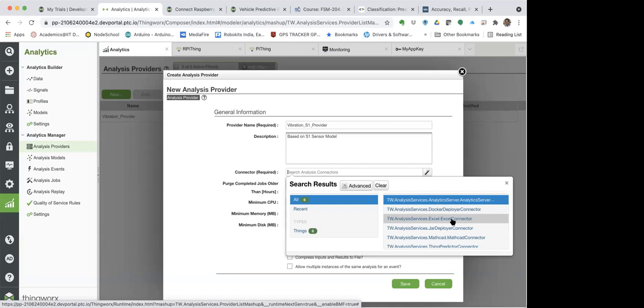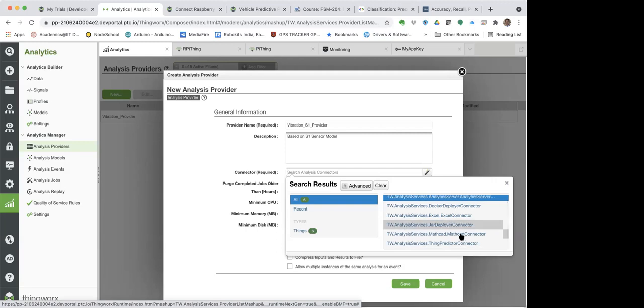You can use an Excel connector here to do some analysis in the Excel file. There's one for Java. You can have MathCAD here, and there's another one, the predictor connector. So there are various connectors available. Now you can see the analytics service is one part of the platform, and the modeling, the analytics building, is another part.